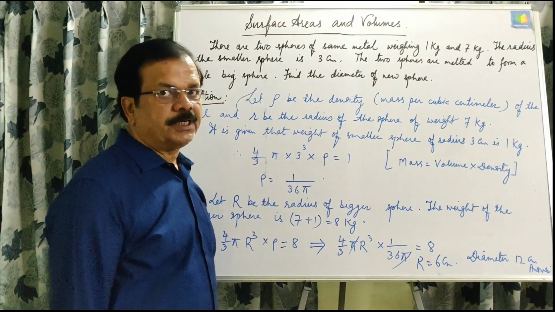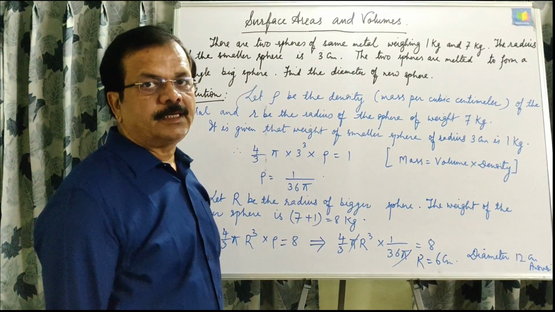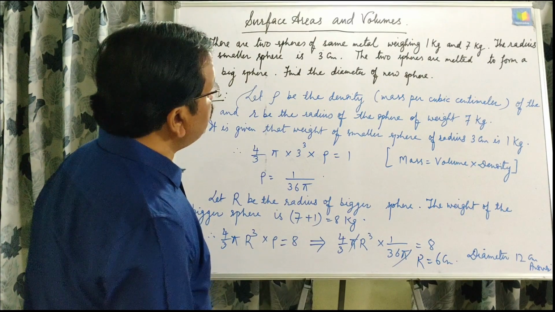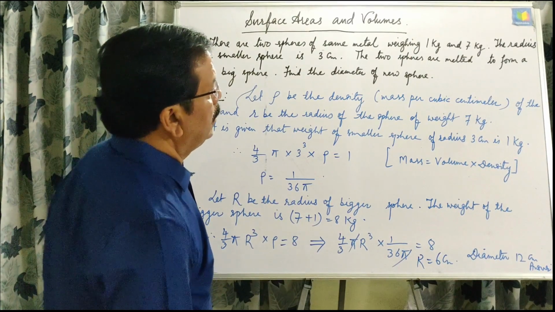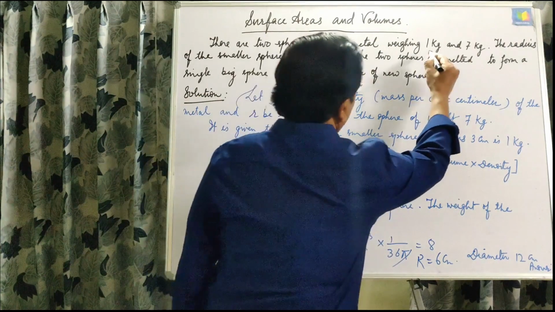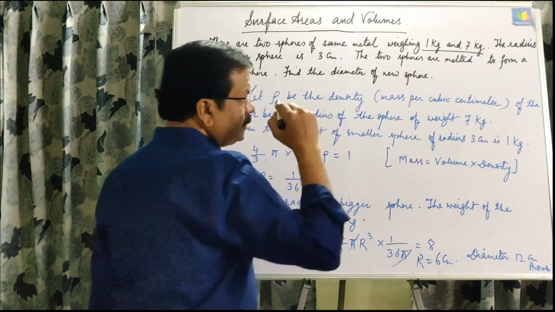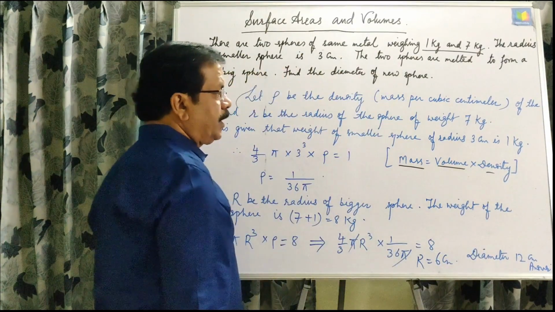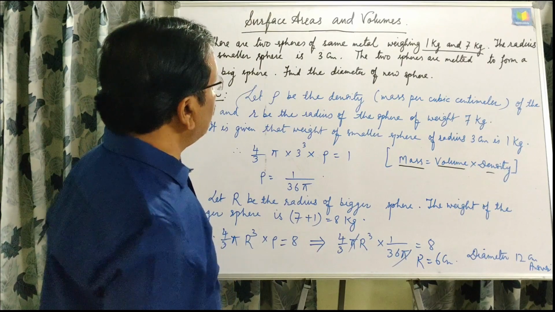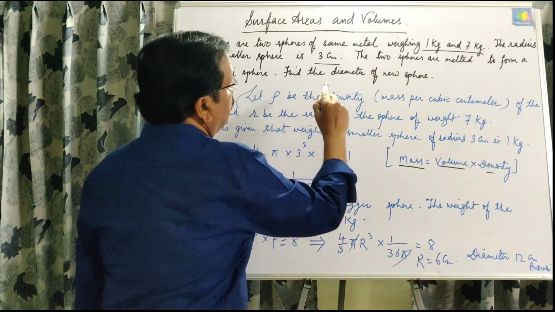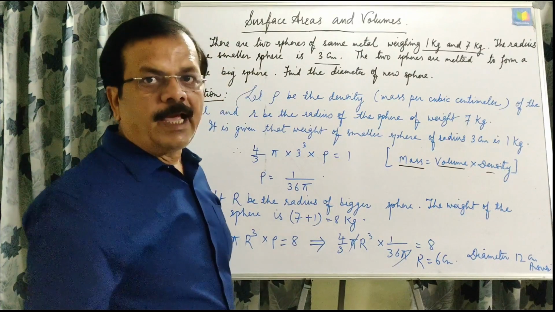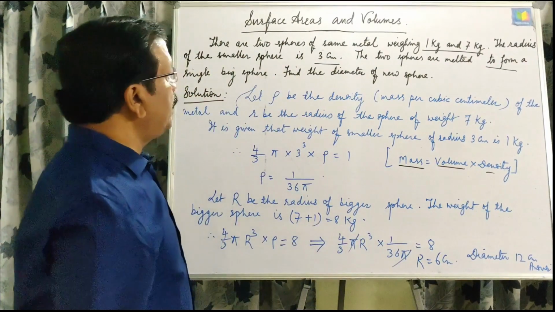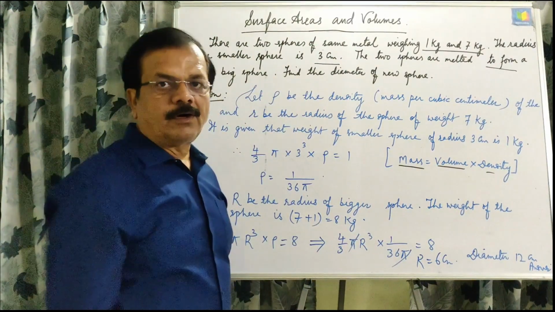This is a very good question, asked so many times in the Class 10 CBSE board examination. There are 2 spheres of the same metal weighing 1 kg and 7 kg. In this we will use the formula mass is equal to volume into density. The radius of the smaller sphere is 3 centimeter. The 2 spheres are melted and recast, in other words, to form a single big sphere. Find the diameter of the new